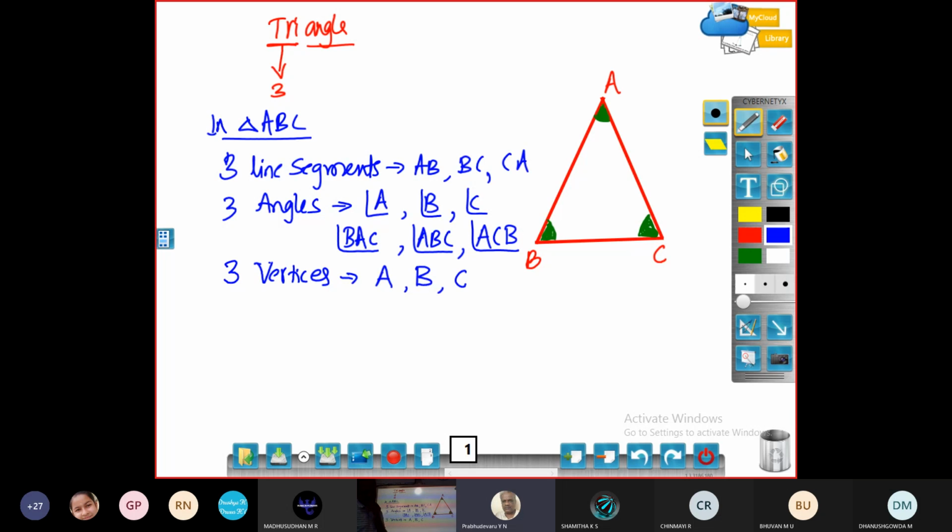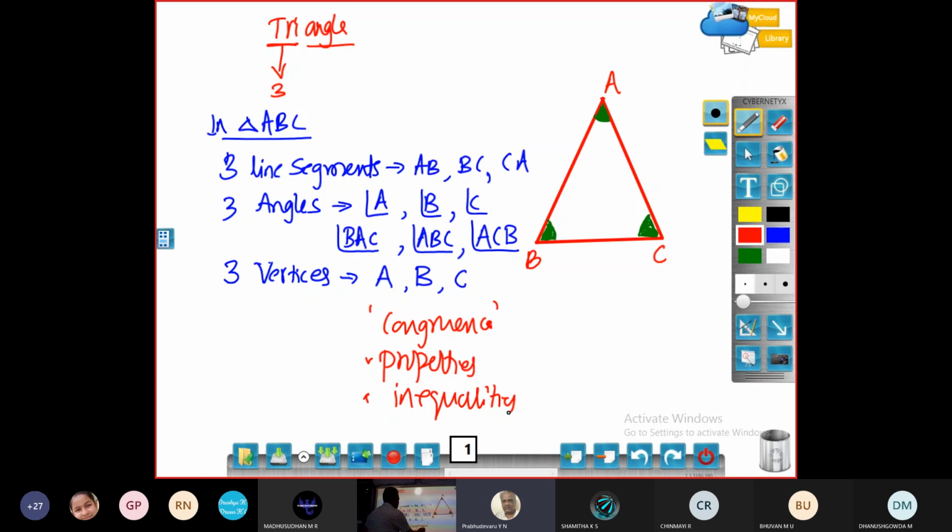So you have studied so many properties related to triangles. You have already learned the congruence of triangles in the lower classes. In this class we are going to learn in detail what is the meaning of congruence of triangles, and also some of the properties of triangles. We are also going to learn some properties related to inequalities in triangles. These are the things we are going to learn in this chapter.